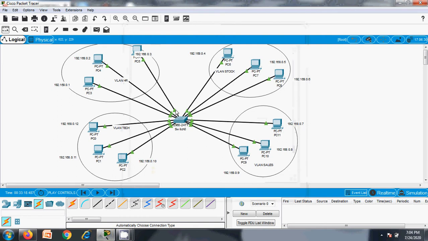Let's see, 1, 2, 3 belong to which VLAN? I think 1, 2, 3 belong to HR.